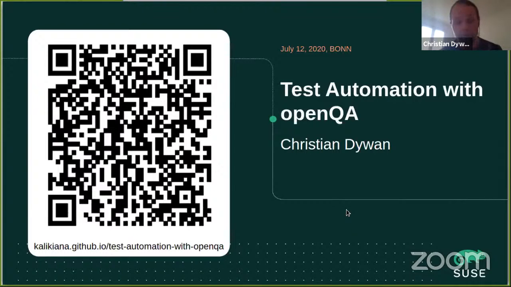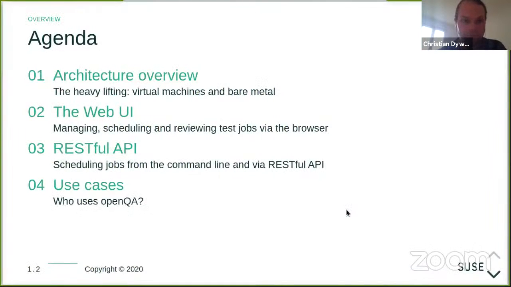The slides will be available online soon, unfortunately not quite yet. There you see the URL they will be available under. There we go.